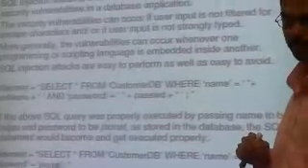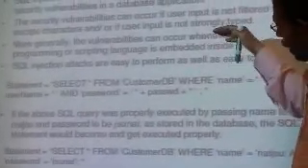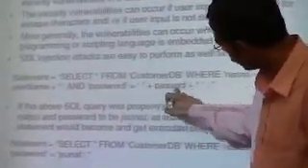Say this is a query to select information from the customer database depending on the username and password entered by the user. Simple query. So if you have mechanisms to obtain inputs for the username and password from the user, these are the variable names, password and username, and you insert them directly. If it's a regular user who enters only authentic information, say the username equals the username entered by the user and the password equals whatever the password, you will be allowed to log in. No problem with this, right?